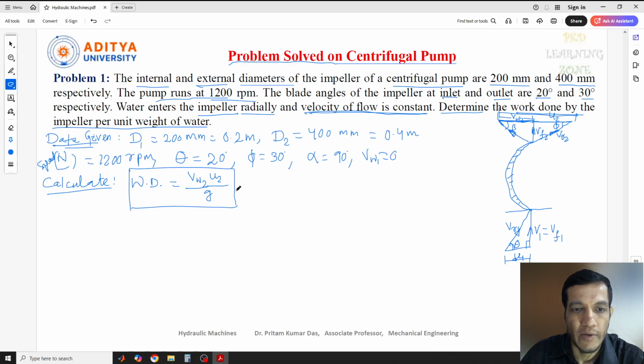For this you can go in the reverse way. Either you can find out the VW2, and to find the VW2 we need to go for the outlet condition 10-5, so there we need to find out the equation. Then if anything is required from the inlet condition, we need to go like that. Or else, if you know the steps, then we can go directly. But first we can find out the tangential velocity at the inlet and outlet condition. That will be helpful in the future. That means first we can calculate